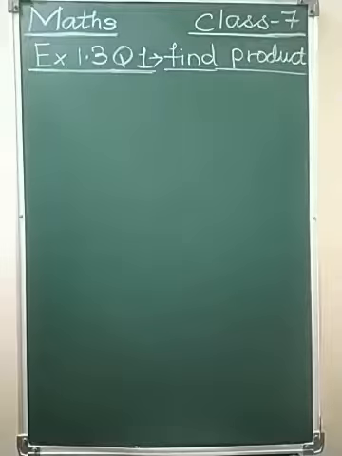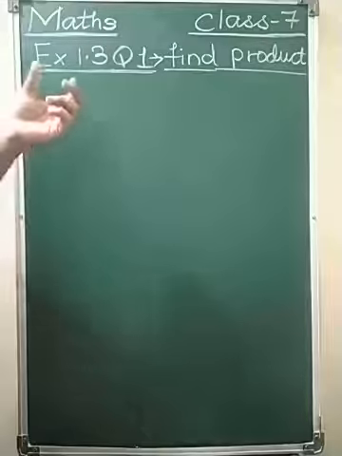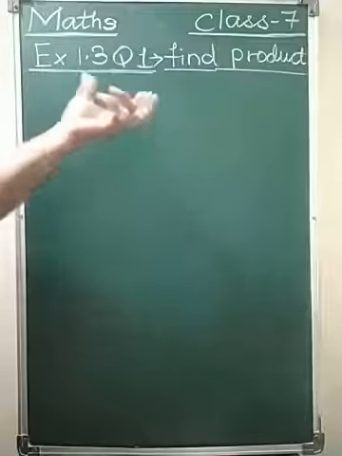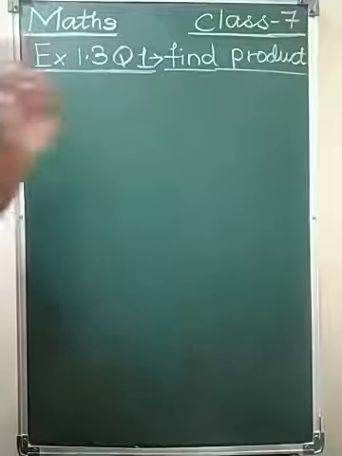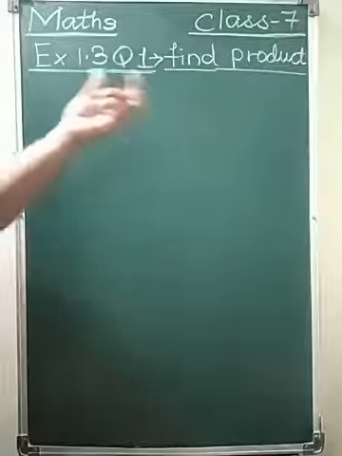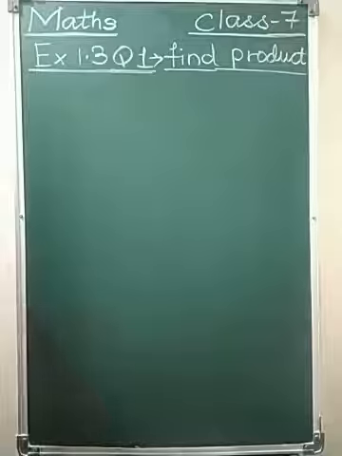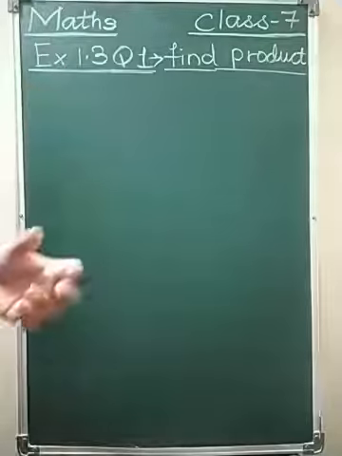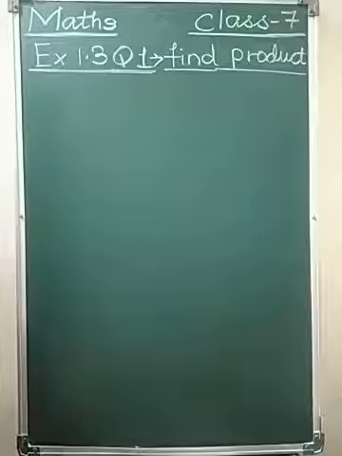So question number 1 is find the product. Find the product means we have to do simple multiplication. Already we have seen the rules of multiplication for integers. Let us recall that when we are multiplying a negative integer and a positive integer, simple multiplication is to be done between the numbers and a negative sign is to be given. And when we are multiplying two negative integers, again simple multiplication is to be done and we get a positive integer. So when we are multiplying two negative integers, the answer will always be a positive integer.